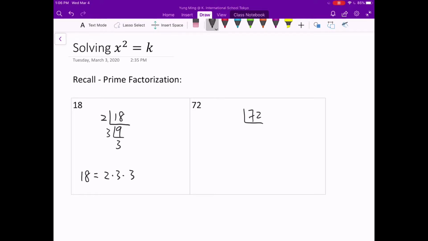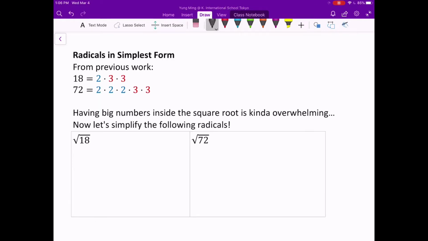72, we do exactly the same thing. We've got a 2, 36, and another 2, we have 18, we have 3, 9, 3, 3. So 72 can be written as 2.2.2.3.3. Very nice. Now, knowing that 18 is equal to 2.3.3 and 72 equals 2.2.2.3.3, as we see,